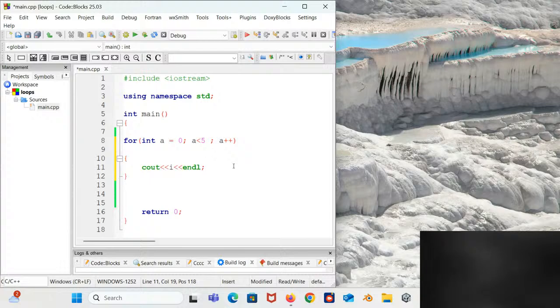So what is going to happen when we execute this code that we have here is that first we have our initial statement here, for int A is equal to 0, right? The first statement is basically initializing a variable with a value. So instead of having it outside here, we have it inside here. The second statement checks for the condition A less than 5. Now after the second statement gets checked, it jumps here, executes this, then comes to perform the third statement.